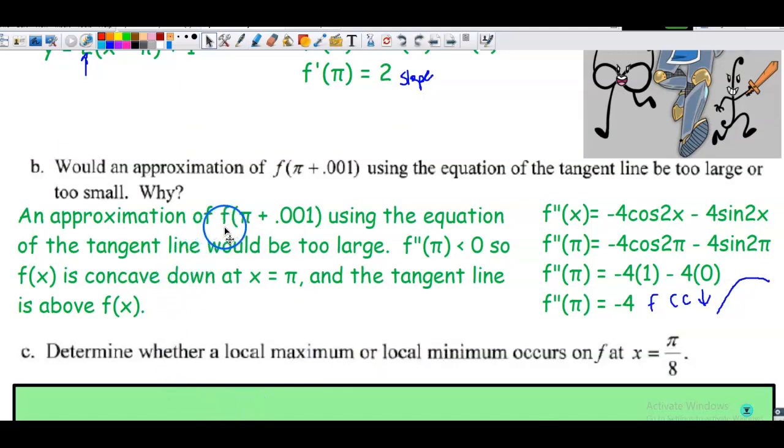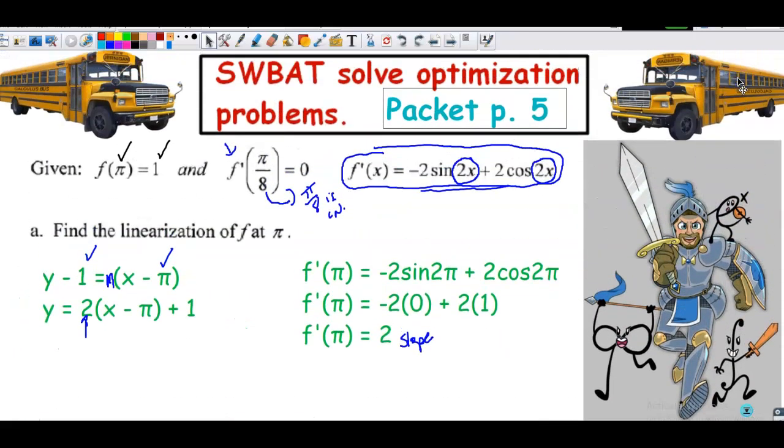An approximation of f of pi plus 0.001 using the equation of the tangent line would be too large because the second derivative at pi is less than 0. So f of x is concave down at x equal to pi, and the tangent line is above the original function. And then lastly, letter C, determine whether or not there is a local max or a local min at x equal to pi over 8. So you will recall back in the very beginning that you were given that pi over 8 is a critical